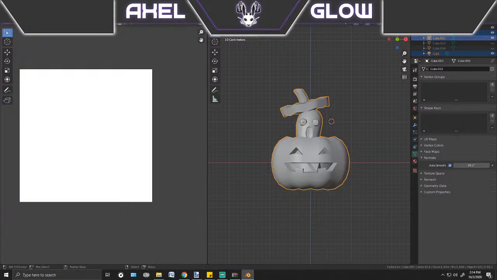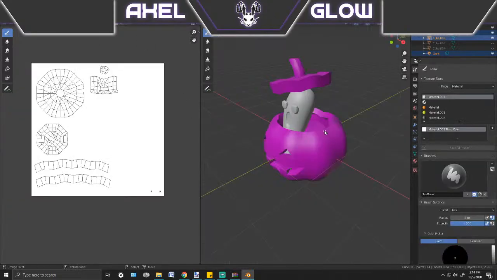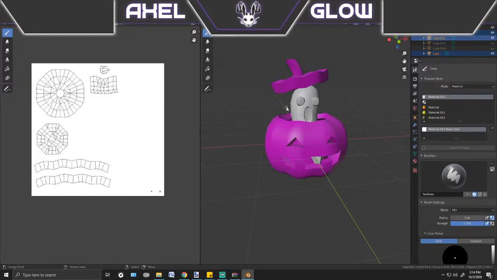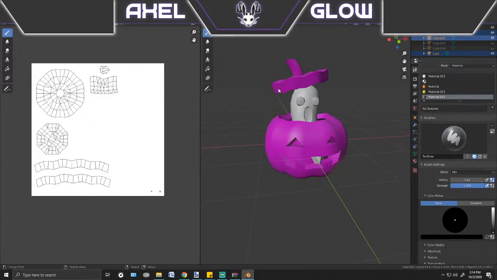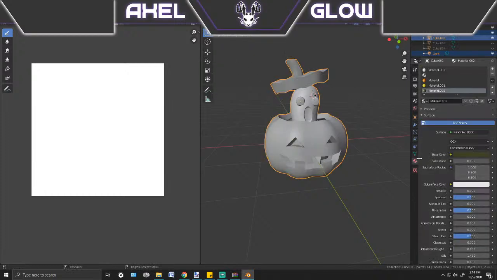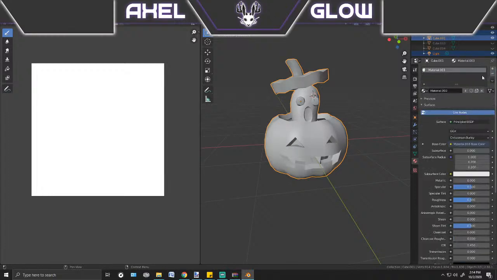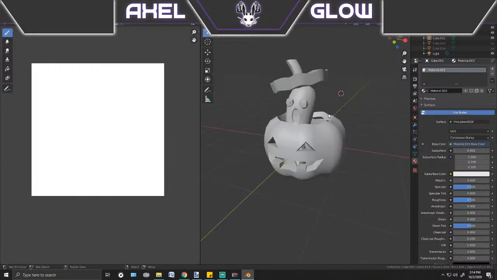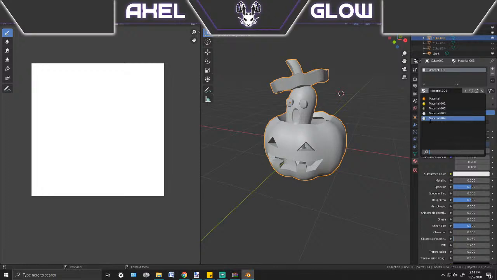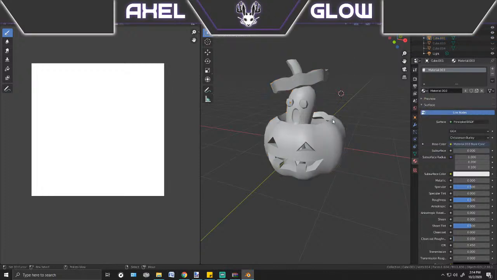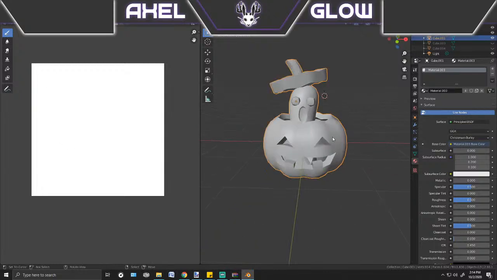Actually, let's go into texture paint mode again. And we have to remove all of the materials off of this object, except for material 3, we want material 3. Okay. Yeah. We just want one material because it's going to use all the same textures. So,